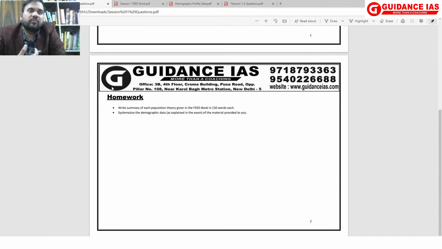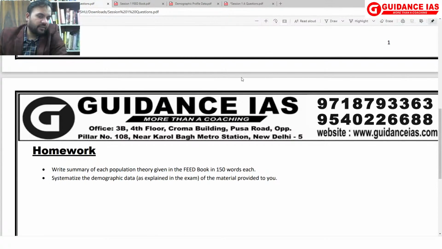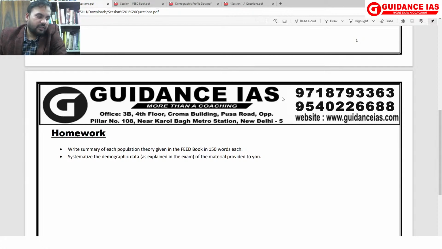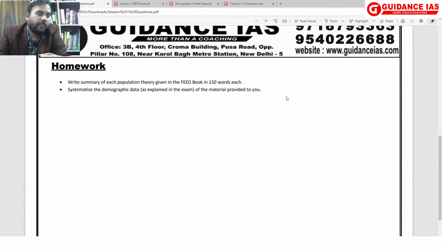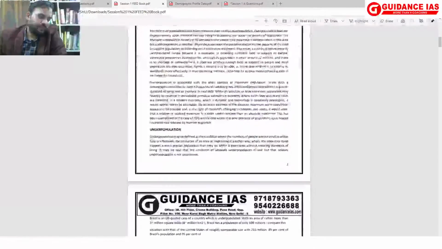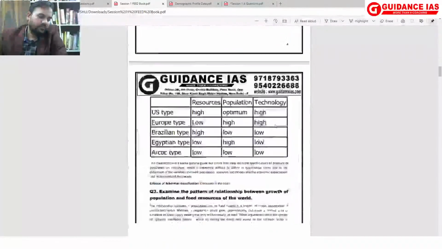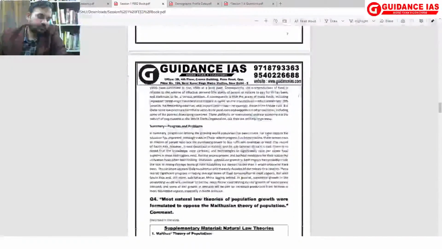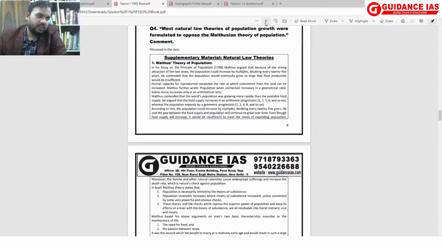It can be some qualitative work as well, some other type of activities. For example, today is the first day and I have given you as homework two things, two aspects. One, you'll see that we'll be talking about many population theories, and I have given you material for this. For example, you see here, you see I have given